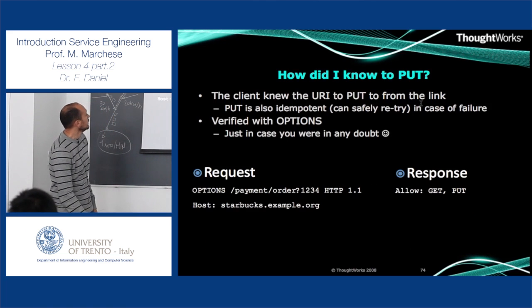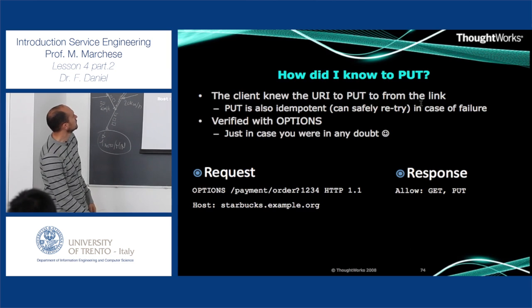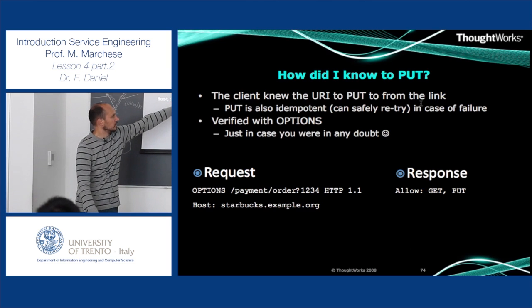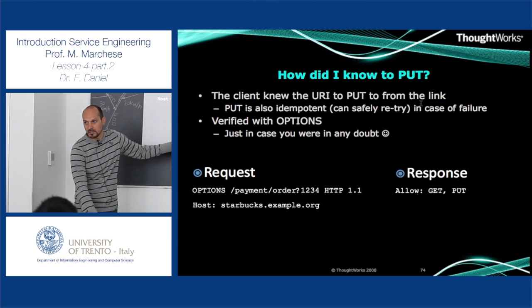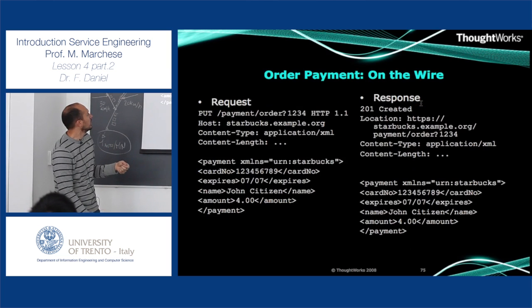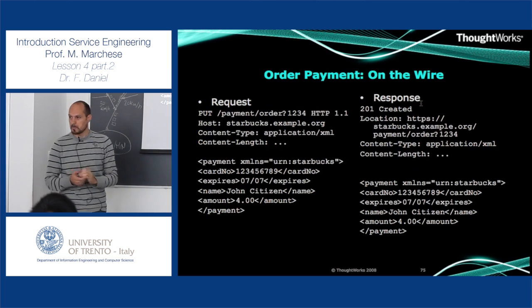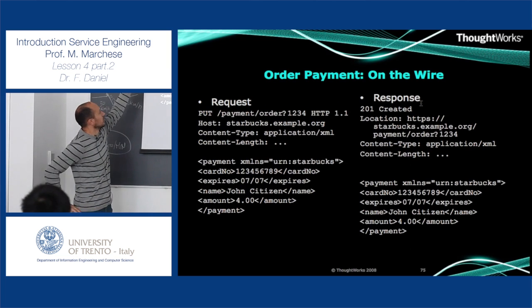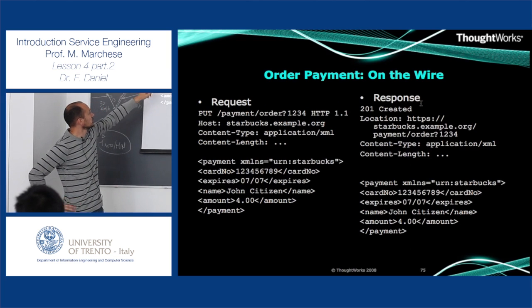And in essence, we want to pay. Okay, this is the same play as before. We do on the payment URL, we check what we can do. We can do get and put. In our case, get is not enough because we want to really do something, so we do a put on the URL of the link, and this looks like this. So paying with our Starbucks service is essentially issuing a put on the URL of the payment for our order